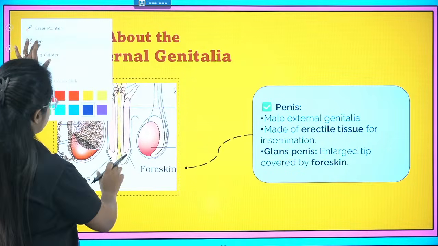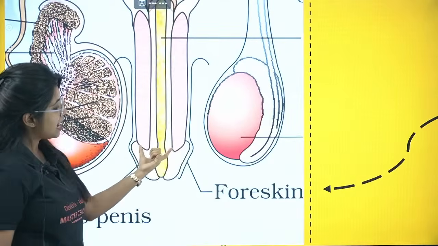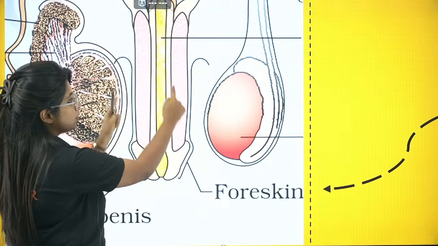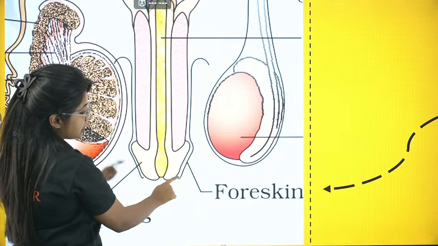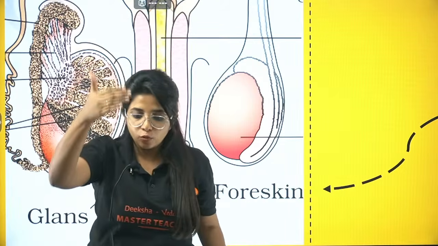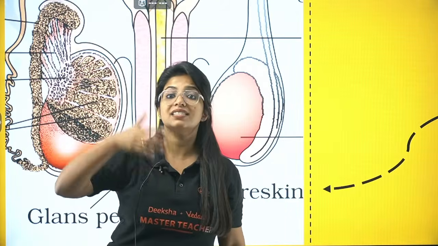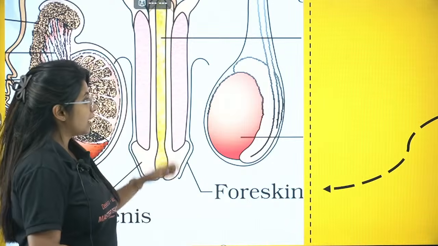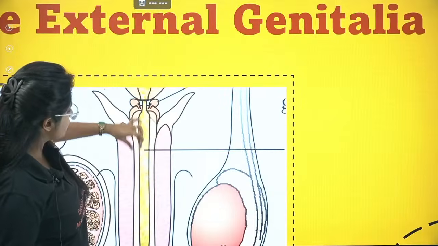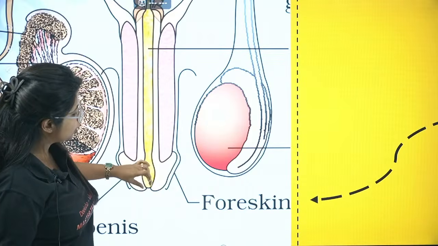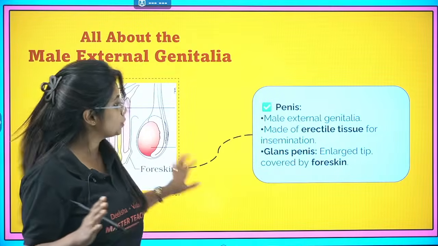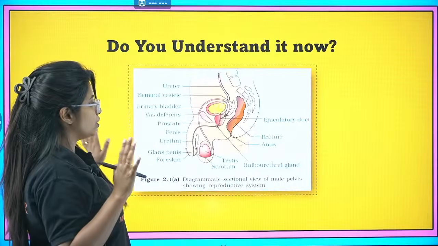And apart from it, the enlarged portion of the penis is known as the glans penis. And as I said, it has a loose fold of skin. Why do you say loose fold? You see, here there is an attachment, but here there is no attachment. That means the fold of skin can move up and down. And this stimulates the men for erection. So that is known as foreskin. In between, the tube that is going is nothing but your urethra. The opening at the end of it is known as the urethral meatus. That is how things work.